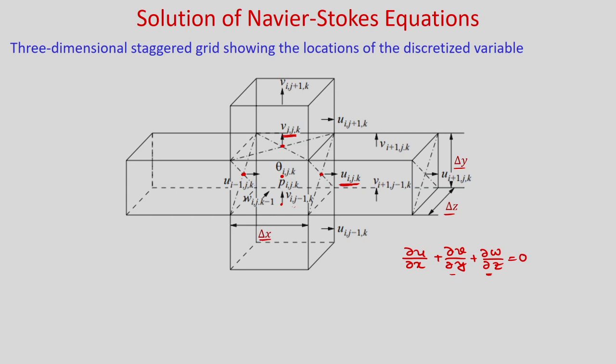Here you notice that when you have u i j k and this is your u i plus 1 j k, and at the center, if you need to find the u, it will be u i plus half j k, and this is unknown. This unknown will be solved using the average velocity of the neighbor points u i j k and u i plus 1 j k, and similarly for v and w. So, we have now discussed the staggered grid and how the variables are stored in the grid.